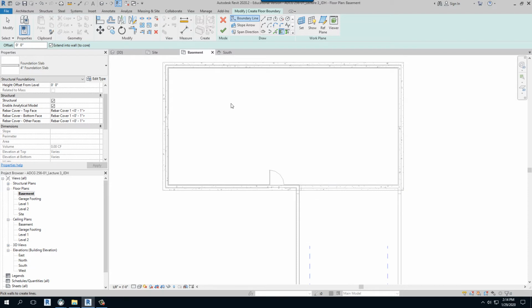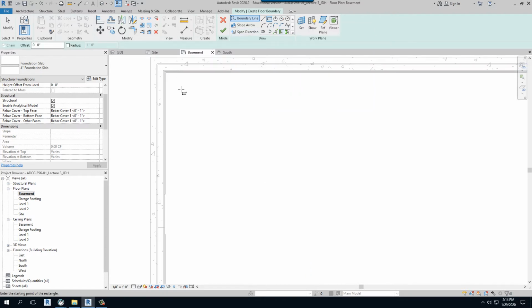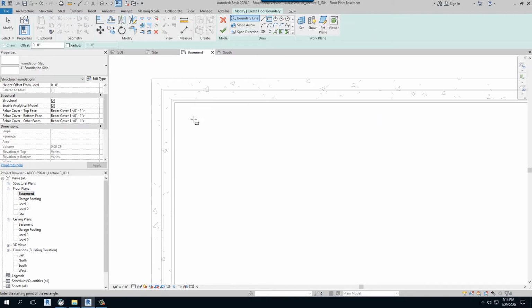Then my next step is going to be to draw a rectangle and draw this slab, and that's probably what I'll do. I'll come in here, right? And I will go from, let's see,